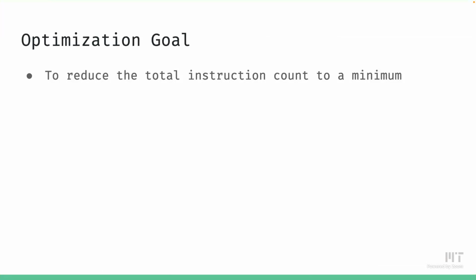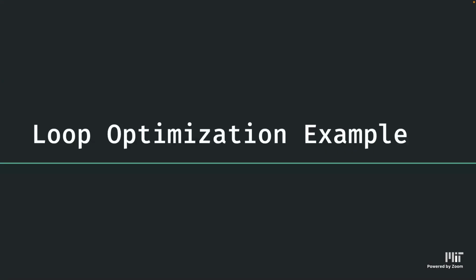So what are some optimization goals? When we're optimizing our program, our goal is to reduce the total instruction count to a minimum. And we saw one way of doing it, but there are definitely many other ways, including refactoring non-functional parts. And obviously there are still things that you have to do as a competitor to reduce your algorithm complexity and all this stuff. So one other thing we can look at that we can just do generally